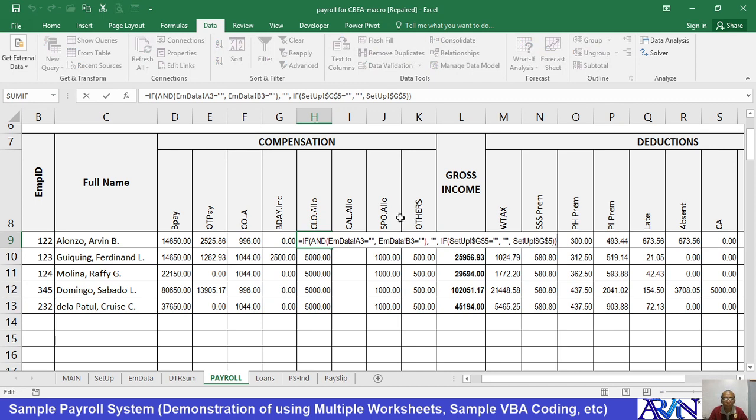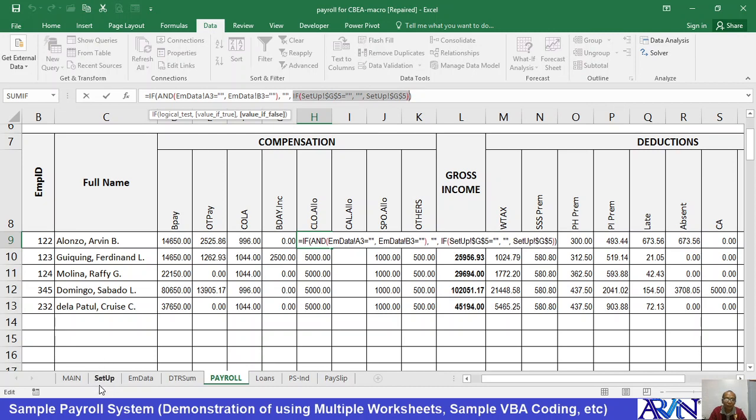So anyway, you can have different setups on this. You can just have the employee data A3 to determine whether if that is blank, then there's no value to be displayed here. But here, in setup G of $G, $5, we are referring to the value under setup,